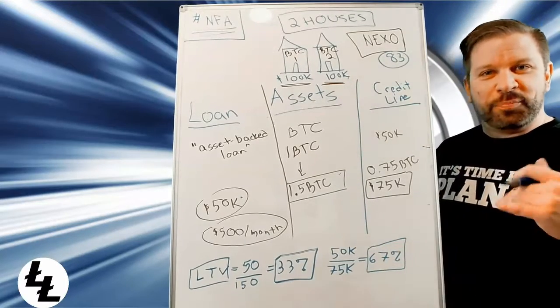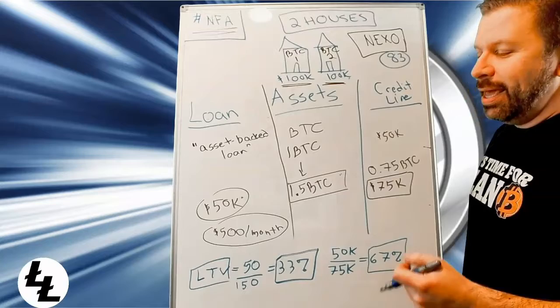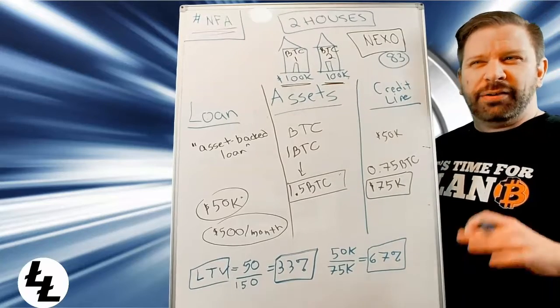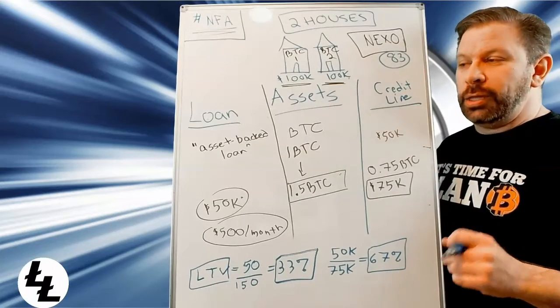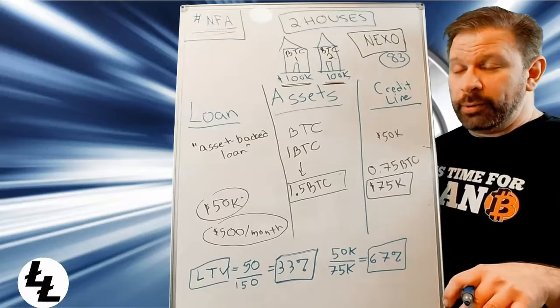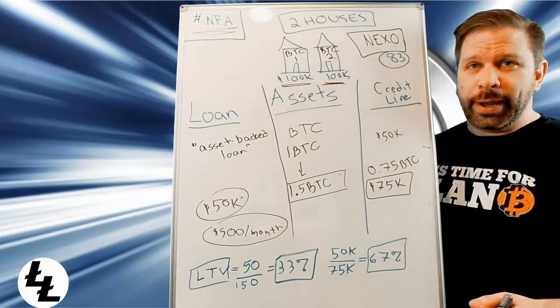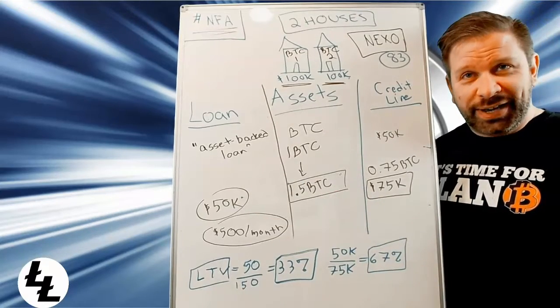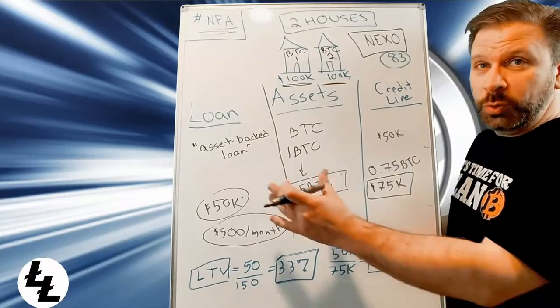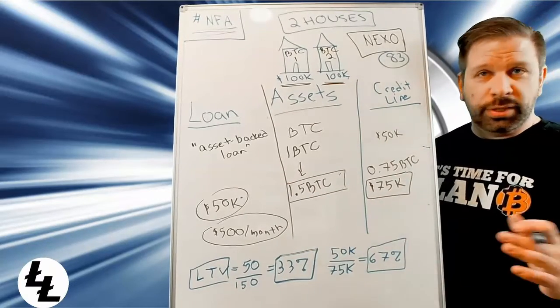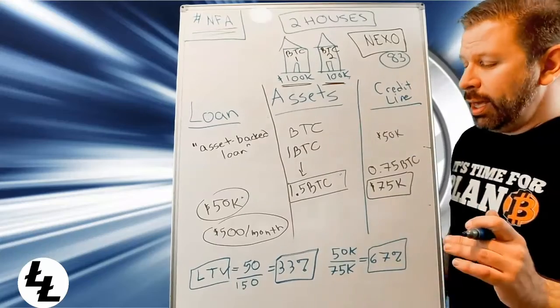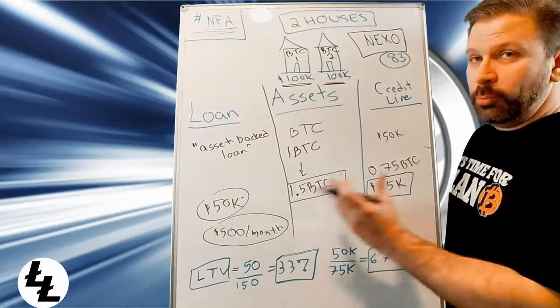They will send you an email and let you know, because I played with NEXO enough to know this, and I pushed it to its limits to know this. They will send you an email at around 70% and around 75% and say, hey, keep an eye on this. You may either want to pay down your balance, which we don't want to do. We don't want to put more dollars back in the system. Not financial advice, just saying that if you believe that you want more Bitcoin as much as you can, you don't want to pay down the loan. That's not the objective here. The objective is to get more Bitcoin and control it.